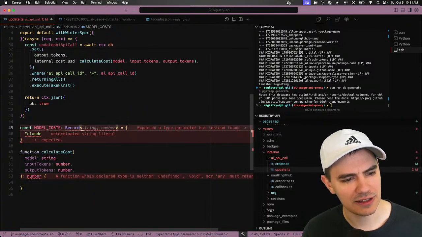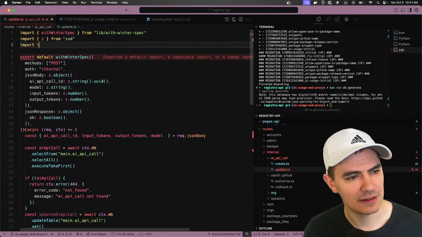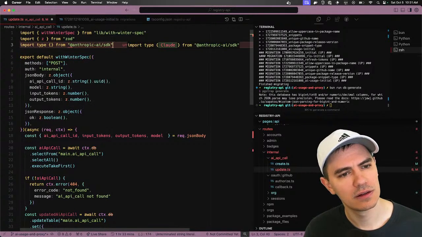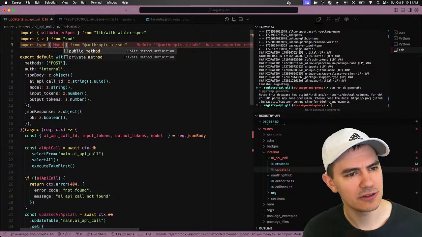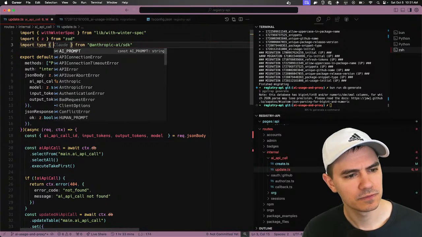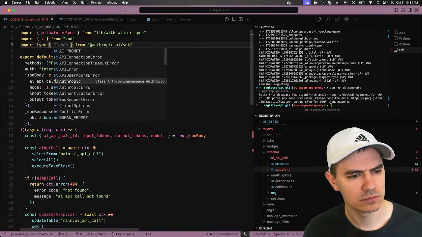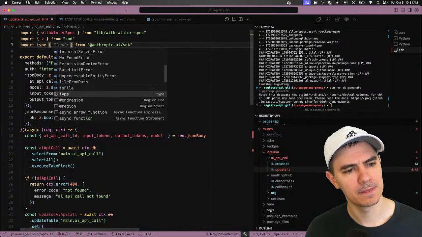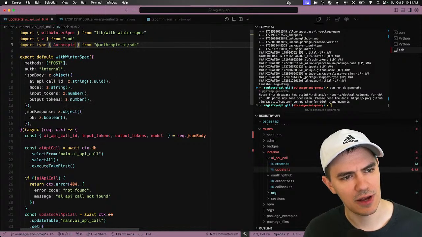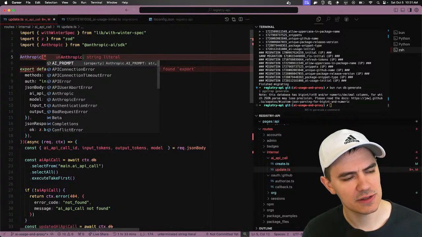I would really like it if we had good types on this. So let me see, how can I extract? Let's see if we can get some types out of here. Model, no. Human prompt. Okay. Let's see, Anthropic. I think the Anthropic type might have some stuff we can use.